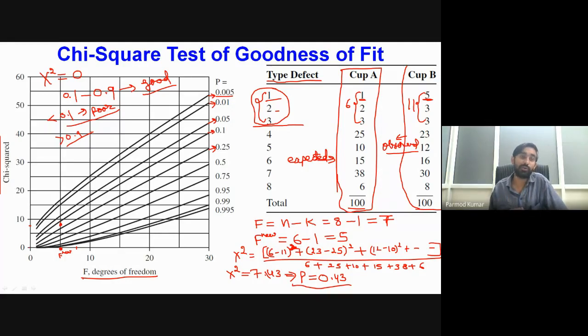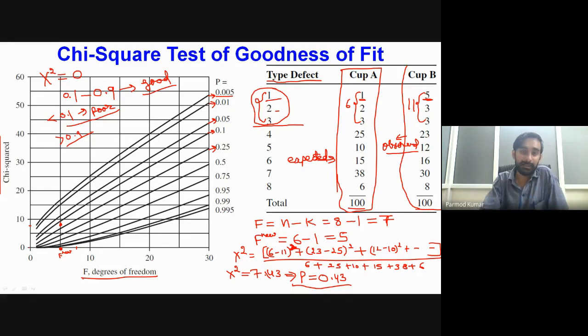Now when our value goes to a very high value, then also we should be critical in evaluating our experimental data, because it is very true that in the case of experimental data we will not always get a very good fit. That's why our probability value for experimental data should be in the range of 0.1 to 0.9. If it falls below 0.1 or goes above 0.9, then we should also check for different types of gross blunders in our experimental measurements, because these types of probability values are generally not expected from experimental data.